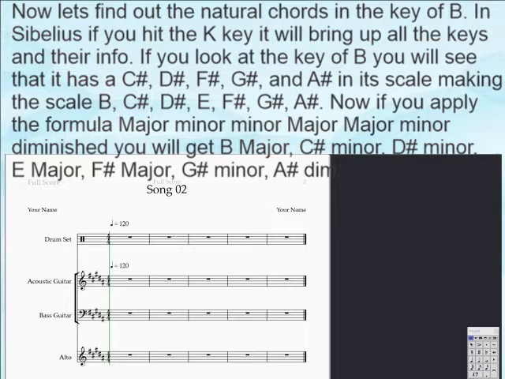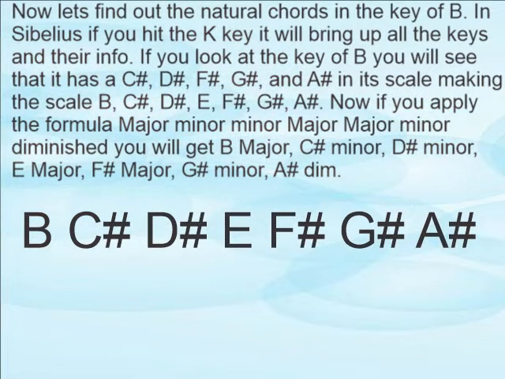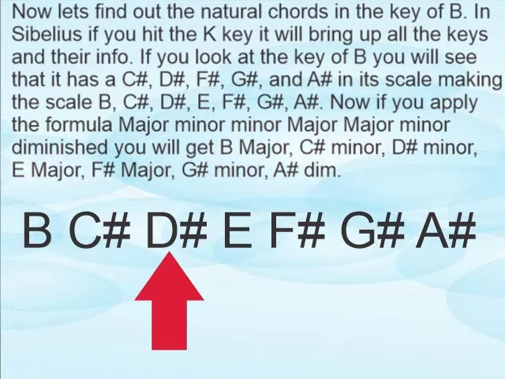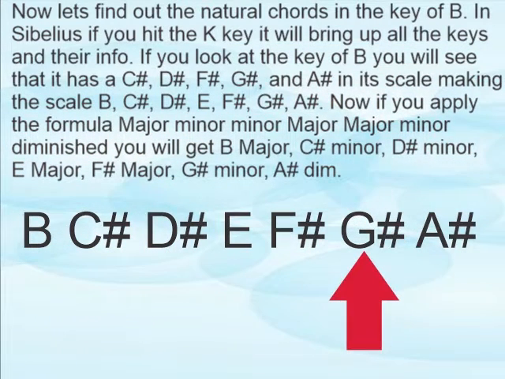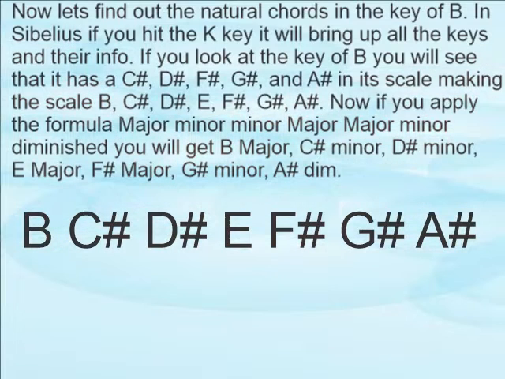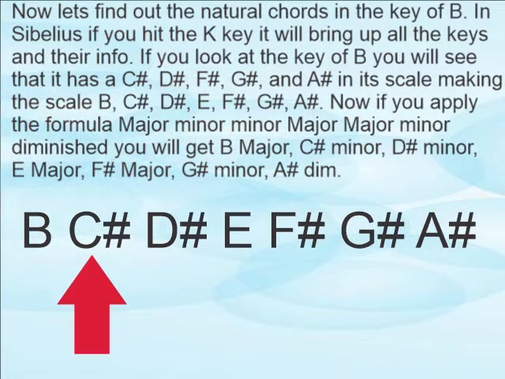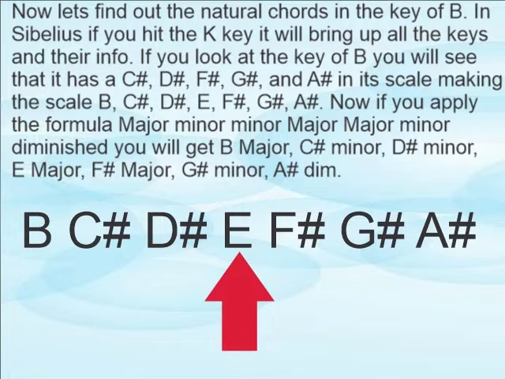Now let's find out the natural chords in the key of B. In Sibelius, if you hit the K key, it will bring up all the keys and their info. If you look at the key of B, you will see that it has a C sharp, D sharp, F sharp, G sharp, and A sharp in its scale, making the scale B, C sharp, D sharp, E, F sharp,